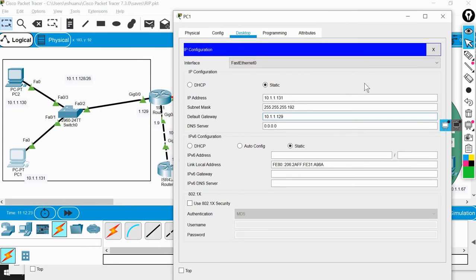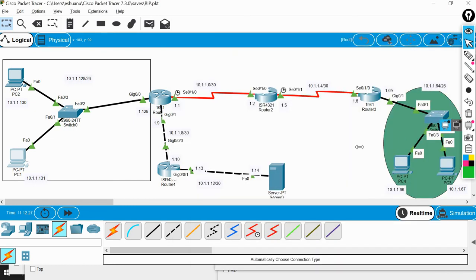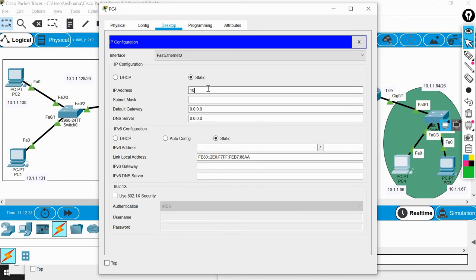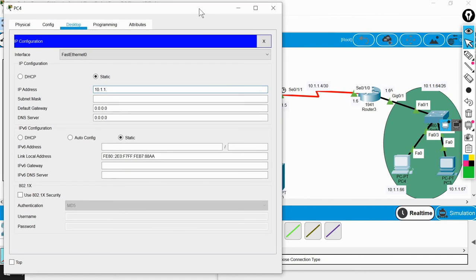So that is 10.1.1.129. Okay, let's close it. The same thing is here: 10.1.1.66 with subnet mask 255.255.255.192. Let me copy and paste this one.